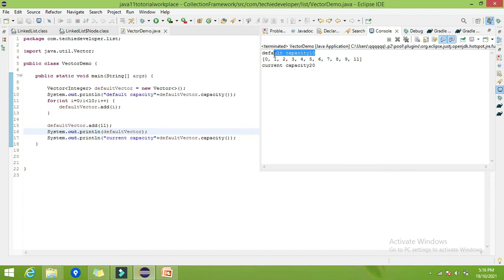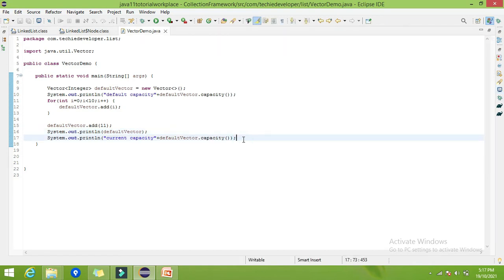Whenever we try to add a new element beyond its capacity, it increases its capacity by double. In ArrayList, the capacity increased by 50%, but here the capacity is directly increased by double its value. So the capacity will be increased directly by double, it will be a multiple of 2.